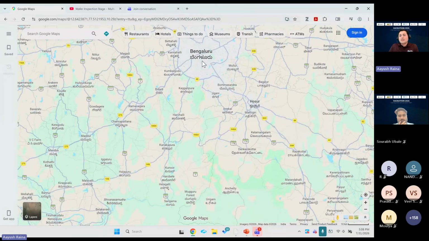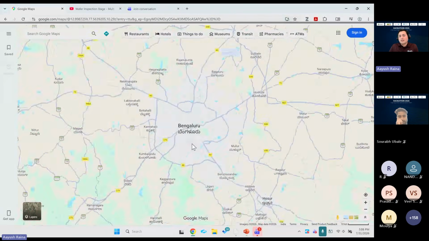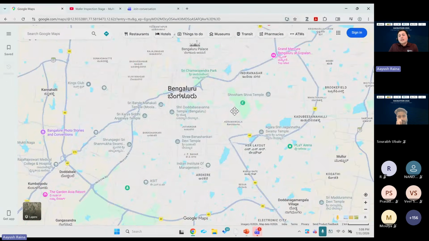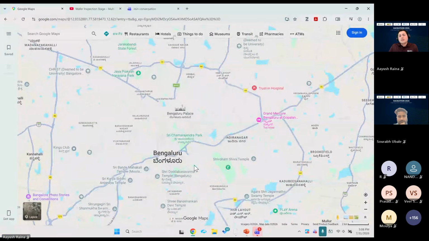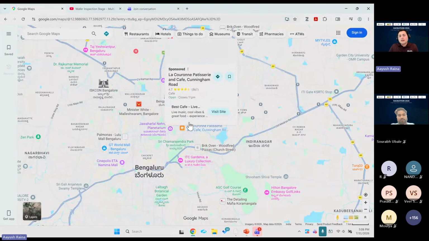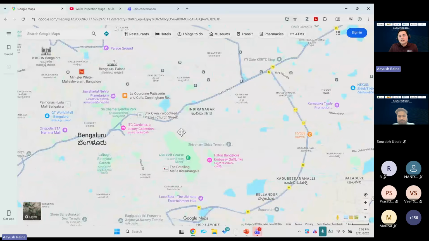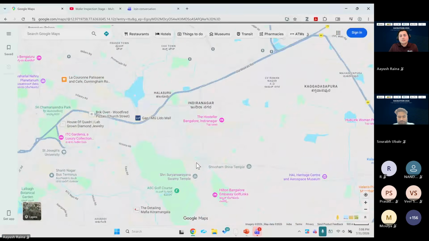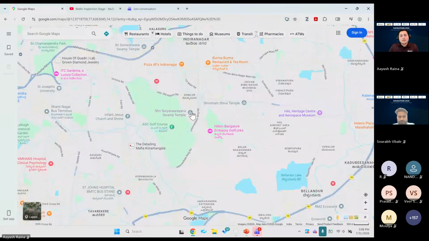Then zoom further inside Bangalore. Then again bring it to the center of the screen. And then try to find some area which is near our office. I'm looking for an area called Whitefield. And let's say it's somewhere, that's Wafer Road.